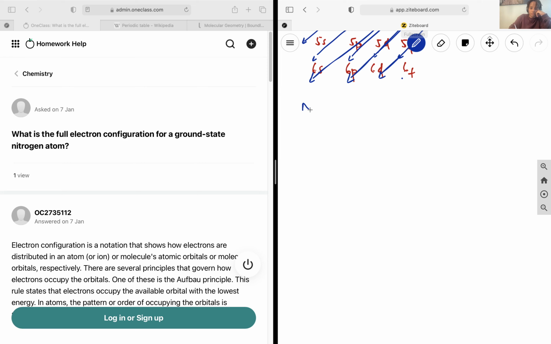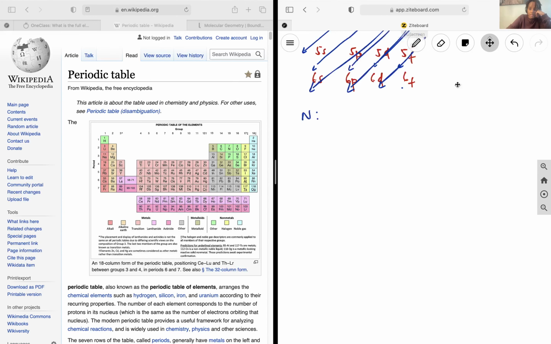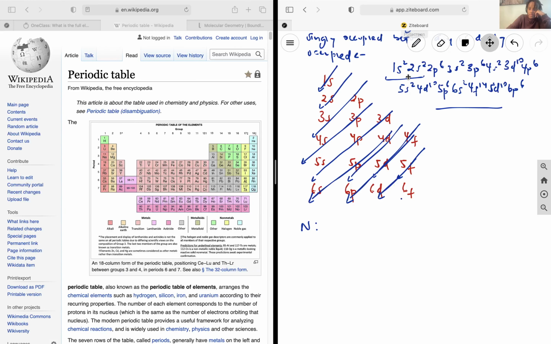And so we're looking for nitrogen. If we just look at the periodic table and where it is, we can see that it has 7 electrons. And so if we were to follow Madelung's rule, we just count until we have 7 electrons. So we have 2, 4, and then this would enter the 10 category. And so we're just going to subtract off the extra 3 electrons, and it should look like 1s2,